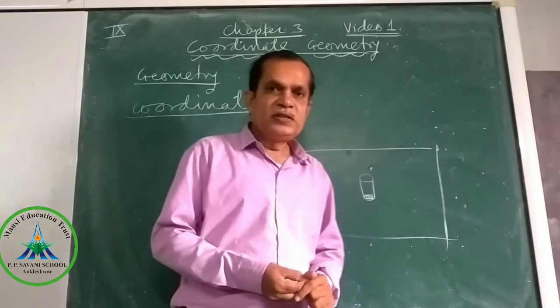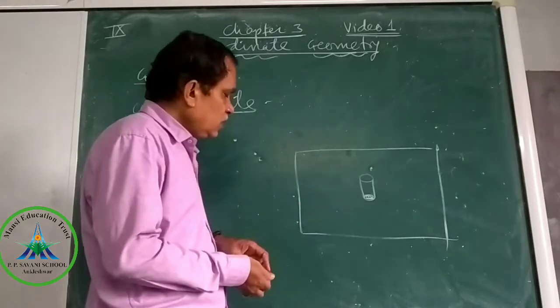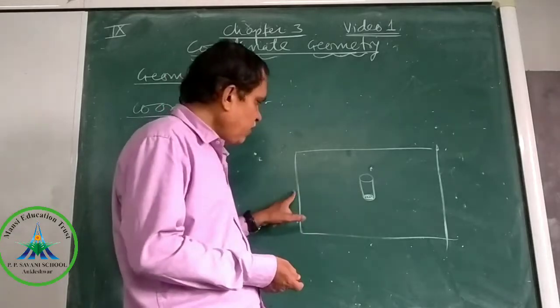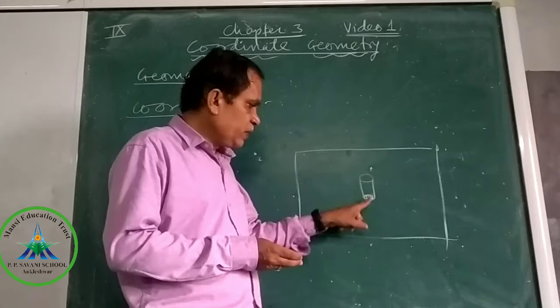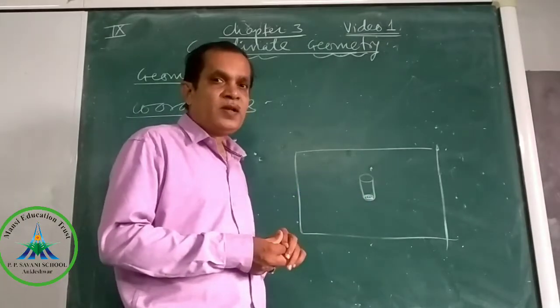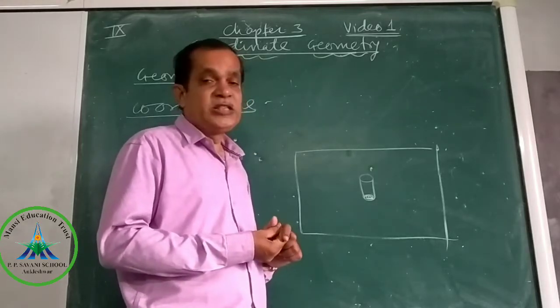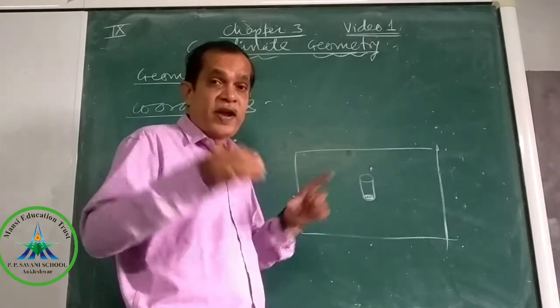Definitely, you will notice this bottle is closer to the surface. The bottle is a little bit away from the surface. You talk about the distance of this bottle from the surface and the distance of this bottle from the surface. Yes or no? In mathematics, a French mathematician thought and discussed this, just to give an idea.